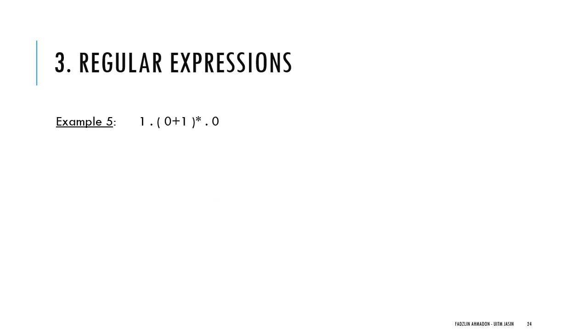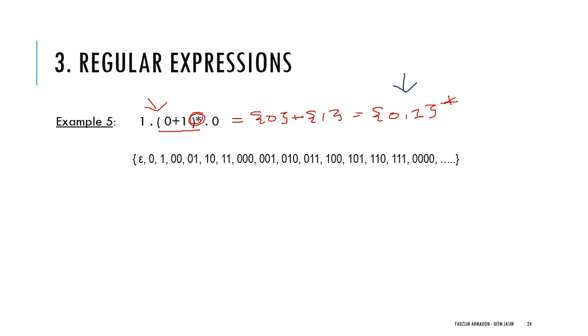Now let's take a look at a final example on regular expression. So we need to do this operation, but this is using shorthand notation. But do not get confused because, if you remember from the previous slide, this is actually two sets unioned together and you get this. Okay, and then we need to do a Kleene star operation on it. So 0, 1 Kleene star. But if you still remember, we have done this operation before, exactly as this, and I am copying the result of the previous operation here. So this is basically unending, but we can safely conclude this as